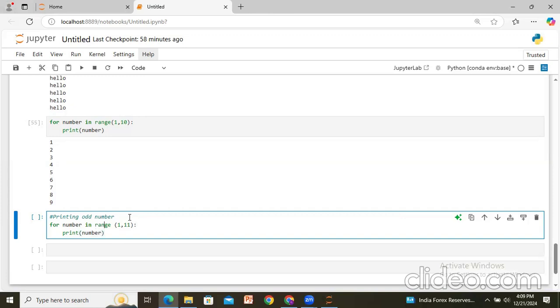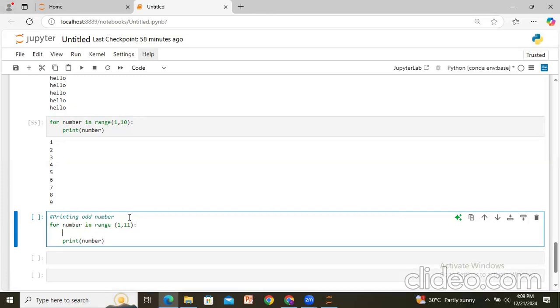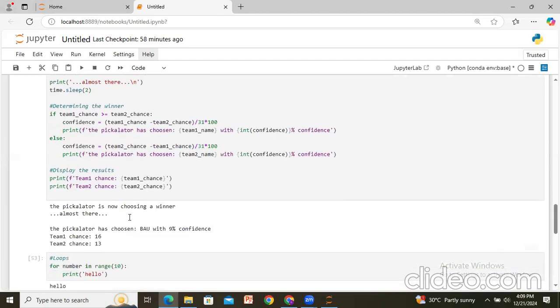And if number modulo 2 double equals 1, colon. Okay, now see, so printing the